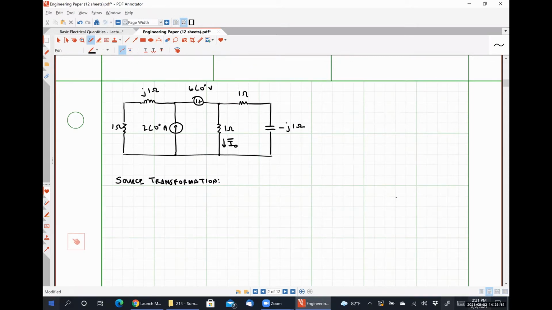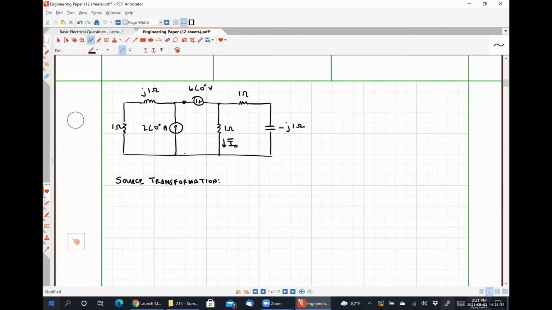So in this circuit, I really only have one option with regards to a source transformation, because I have my current source in parallel with an impedance of 1 plus J1 ohms, and that's the only one that I could potentially transform. So I'm going to do just that, right? To be clear here,